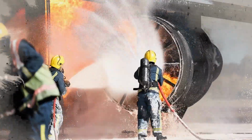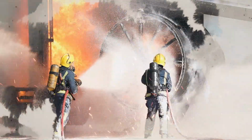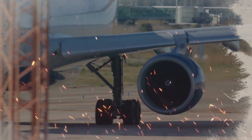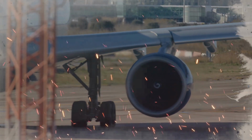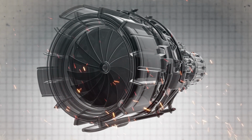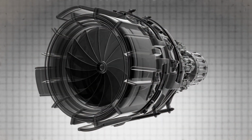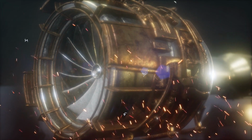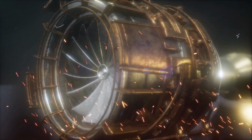Modern intake designs are designed to improve airflow, ensuring that it is smooth and stable as it enters the engine. This reduces drag, increases economy, and allows for smooth functioning at different speeds. Step 2. Compression. When air passes through the compressor, it is compressed to a fraction of its original volume by